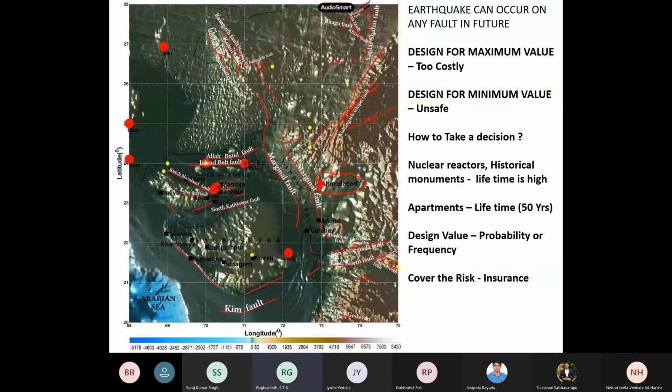Are you able to hear now? Yes, sir. Of course, the internet is going and coming on our Wi-Fi. But anyway, the main objective of design is safety, serviceability, and other things. But should these criteria be satisfied in the past, present, or future? Throughout the design life. Throughout the design life means, if I am constructing a new building, I want it to be safe in the future.